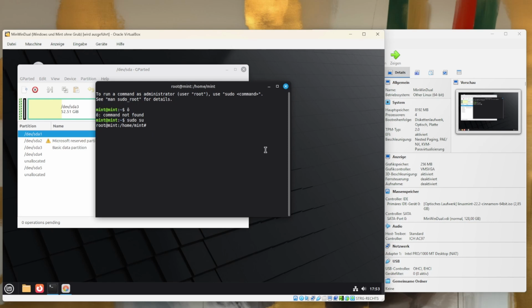So I'm creating a directory in the mount directory and calling it system. You can call it whatever you want. Next we are going to mount the Linux partition first, so mount devices SDA5 into the system. And now we're going to mount the efi partition. This is SDA1 in my case, and mount it to system boot